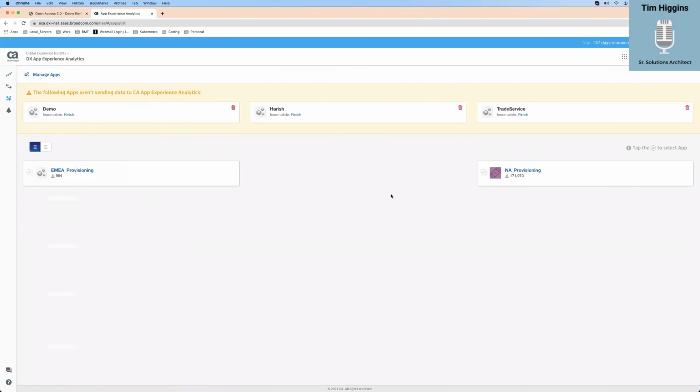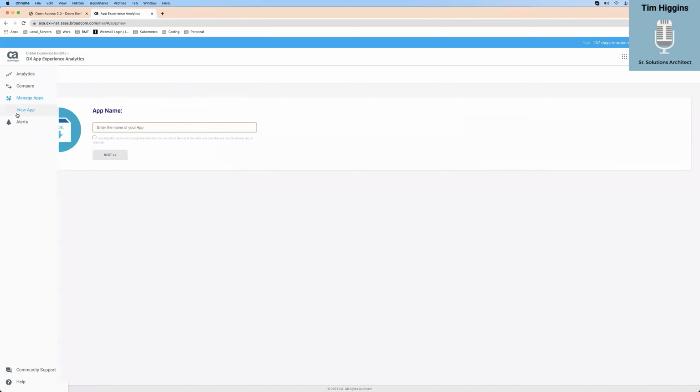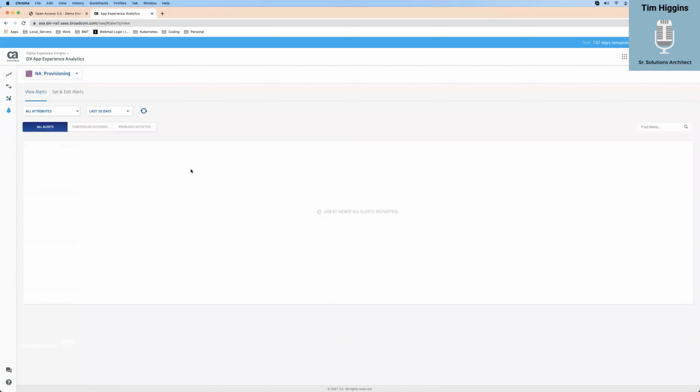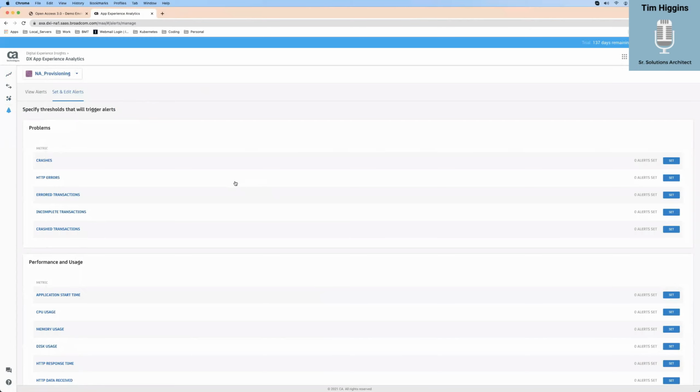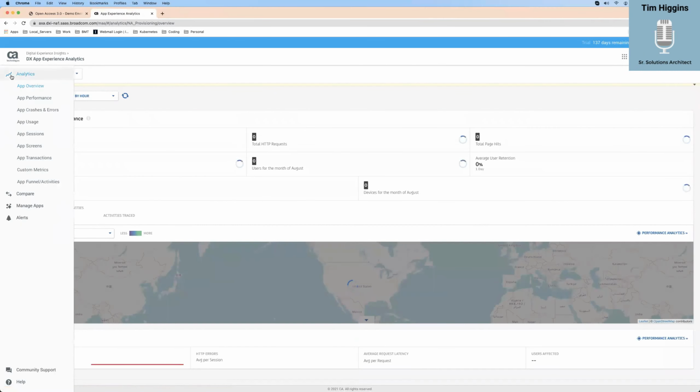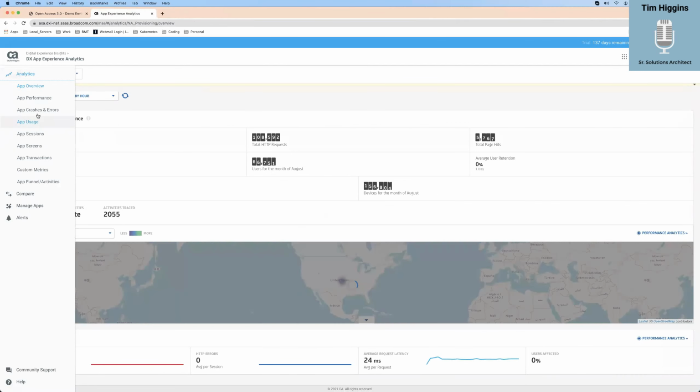For example, I can add a lot more apps if I want to. I didn't, right? I just have a few. Just hit new app, and then you create the app and move forward. You can also create alerts from this view. Let me put this back to the last 24 hours to save us some real estate time. But what this would do is show me a list of alerts, and I can create the alerts, right? So there's a lot that you can do with just the basics of this, just by clicking around.